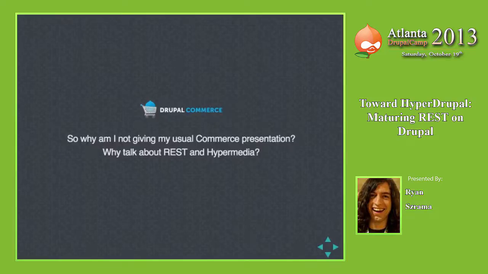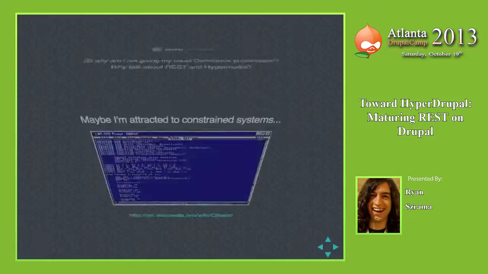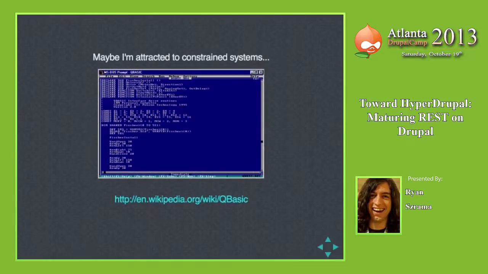So for my personality, I do kind of wonder if I'm not just attracted to constrained systems. Is anybody here a QBasic developer? Anybody remember QBasic? It was on your Windows 3.11 disks, and your Windows 95 CD, and you can probably find it in Windows XP as well, but this was my only programming language until about 2001, which was probably about 20 years after it stopped being useful.